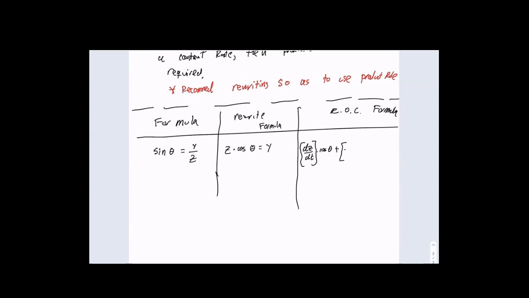Negative sine of theta. But remember, we're taking the derivative with respect to time, so it would be times what? Cos theta. No. I don't remember. You don't remember because I haven't taught you. It's not a remember, it's an application. We're taking a derivative with respect to time, so it'd be negative sine theta times